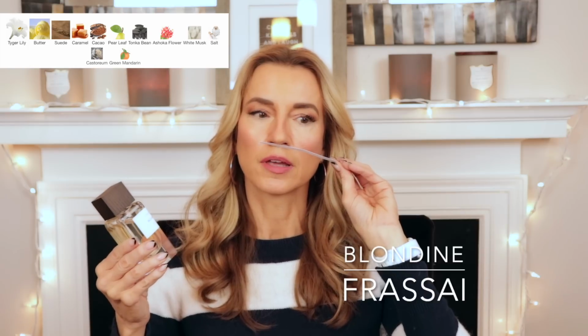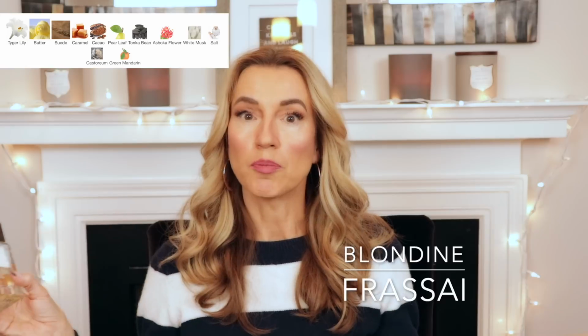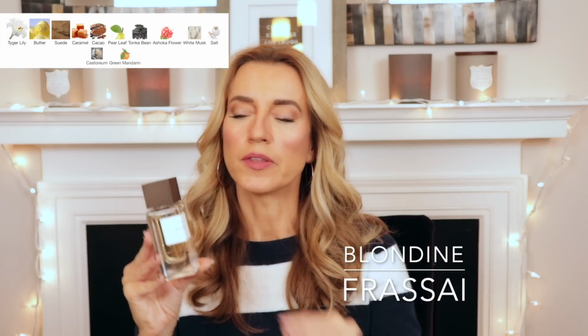So this one has, I want to say, caramel, salt, and there's butter. It sounds like it's going to be ooey gooey, but it's not, because it also has salt and it has suede. So it kind of pulls it out of the sweet category. And that's why I think it smells like a lily scone, because scones aren't overly sweet, but they're definitely something edible. But the note of lily kind of pulls it out of that overly gourmand category, and I just absolutely adore this fragrance. And it's one of the few floral fragrances that I wear in the hot and in the